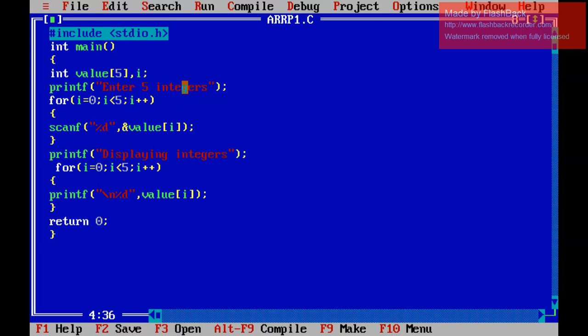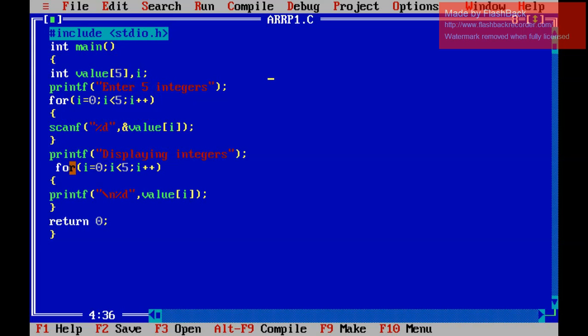Then printf "enter 5 integers", it will print on the screen. Then this for loop is for accepting values. Scanf means it will accept a value and store it in the array for 5 elements.